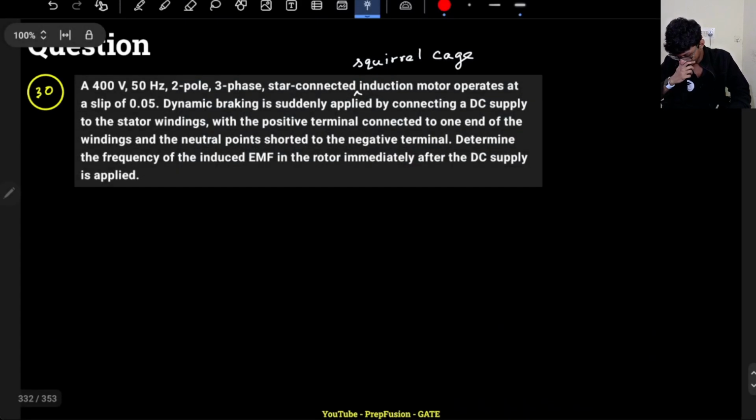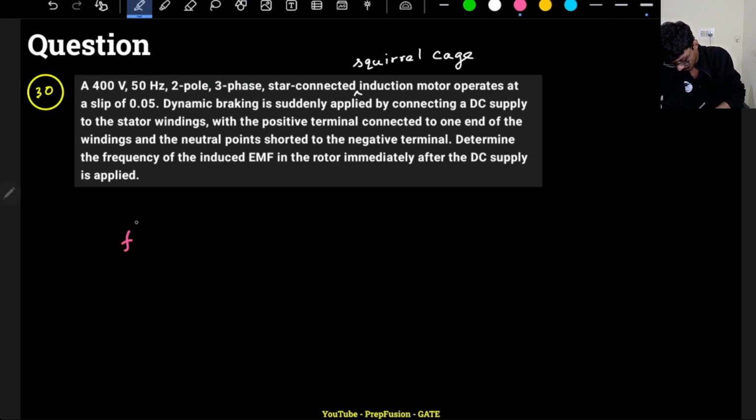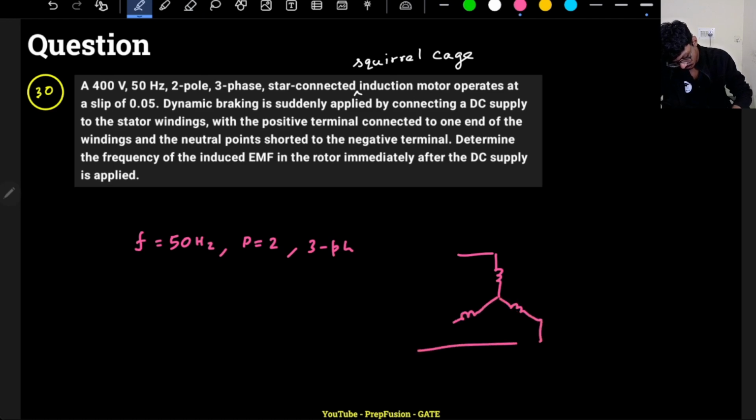This is again another interesting question that I feel can come in the examination. So we have a 400 volt, 50 hertz, 3 phase, 2 pole induction motor. It is star connected, so the stator windings are star connected. Squirrel cage induction motor, squirrel cage. So in a squirrel cage, what can happen? The number of poles can change on the rotor side. So the slip is